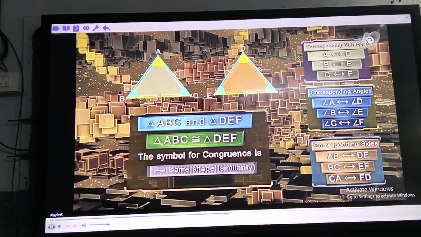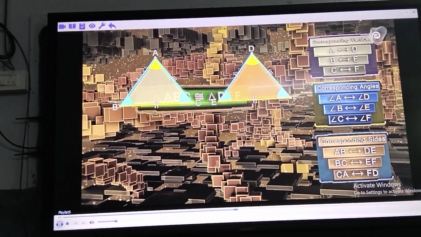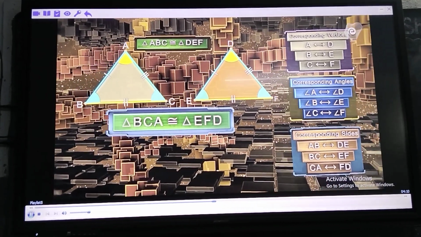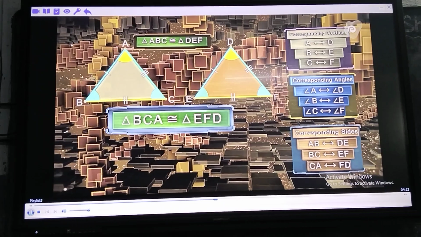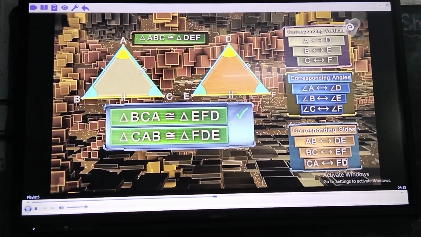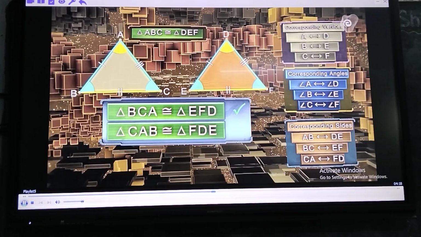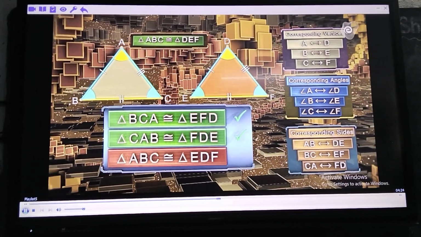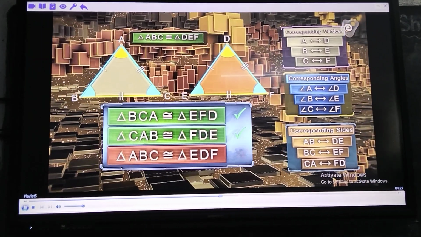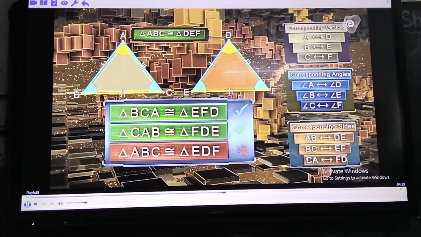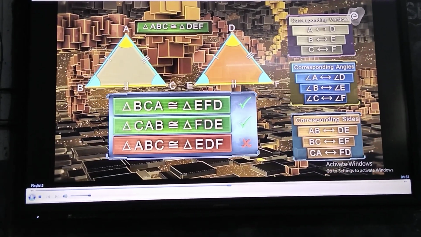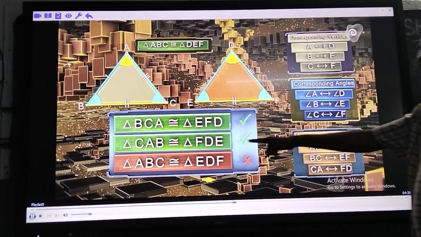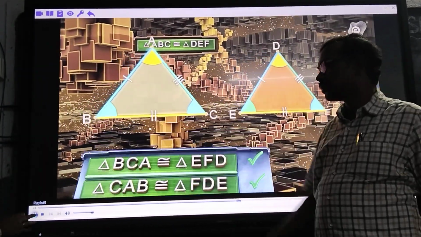We can write the congruence statement in more than one way. Two possible congruence statements for these two triangles are triangle BCA is congruent to triangle EFD, and triangle CAB is congruent to triangle FDE. But if we write triangle ABC is congruent to triangle EDF, it is incorrect. Thus, it is necessary to write the corresponding vertices in the same order when you represent the congruence of triangles in symbolic form. Now, if we are given the